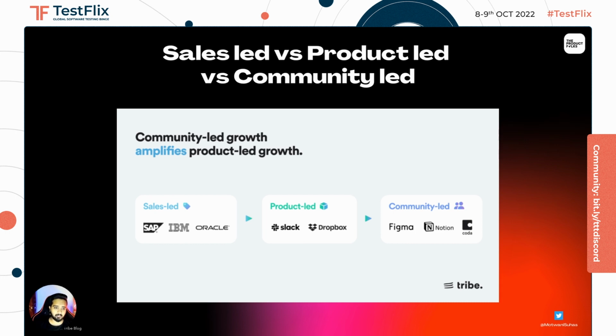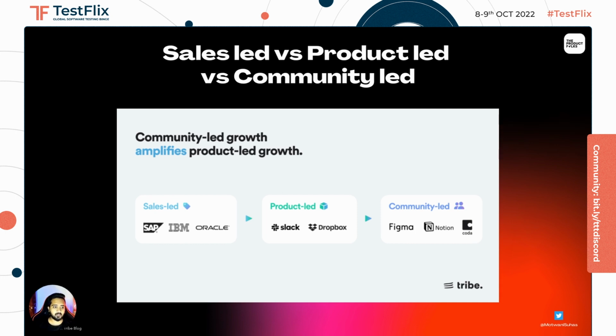It does not replace product led growth. That is for sure. It does not replace product led growth. But what it instead does, it builds on top of product led growth by harnessing the power of existing customers and the natural desire that all of us have while building this community, right? So think of products like Figma, Notion, Coda, all of them have done an amazing job with this.